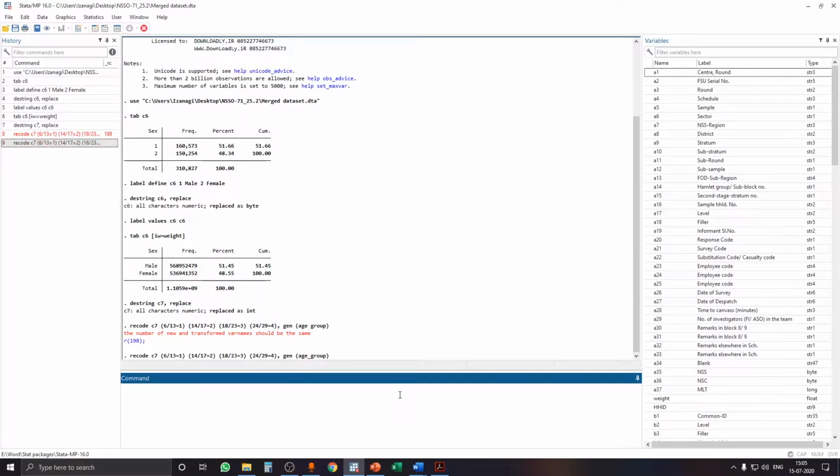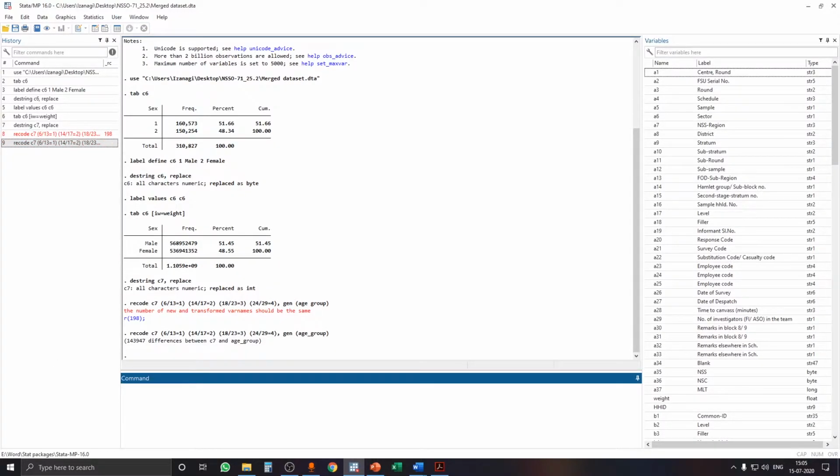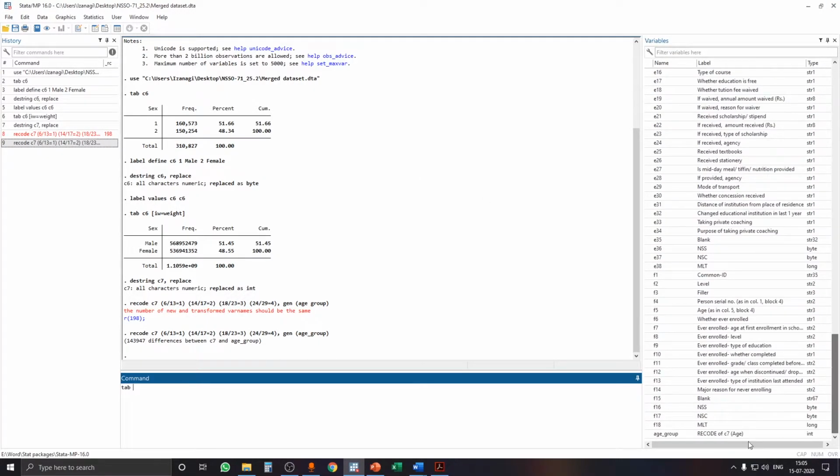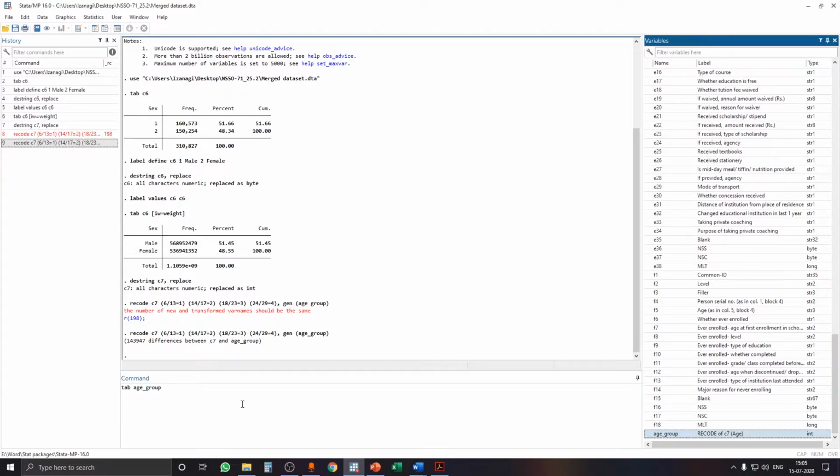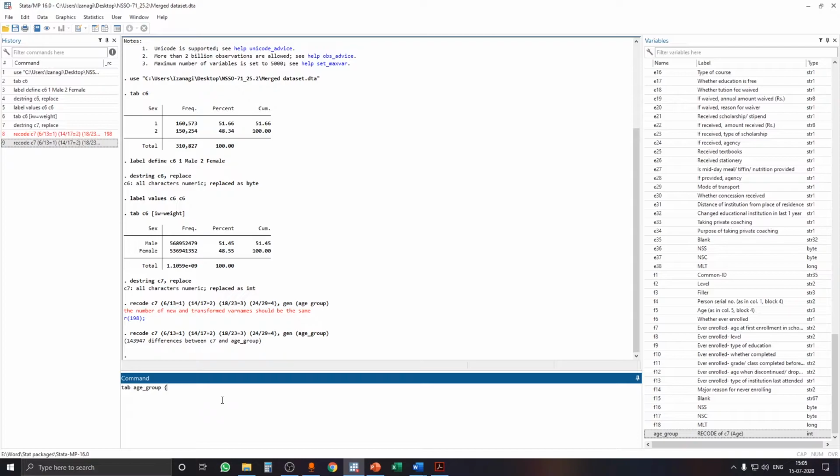So now if we apply the command, the changes have been made. So now we can see the changes. So tabulate. Now the new variable that we have created is age group. So I'm going to scroll down. You can see age group, and it is a recode of C7. So I'm going to select it, apply weights to it, IW equal to weight,